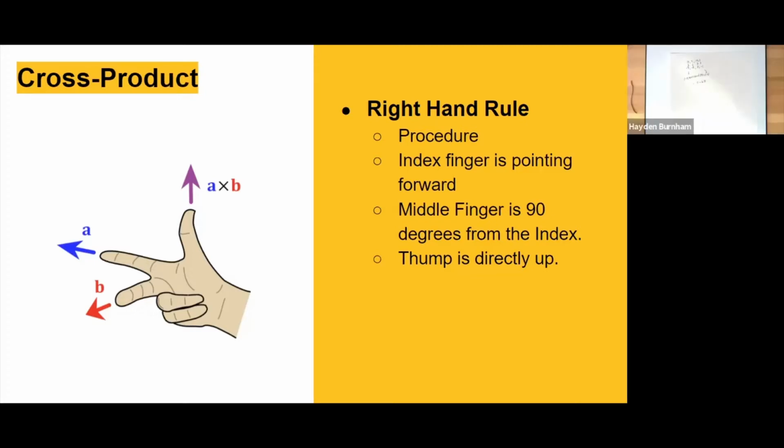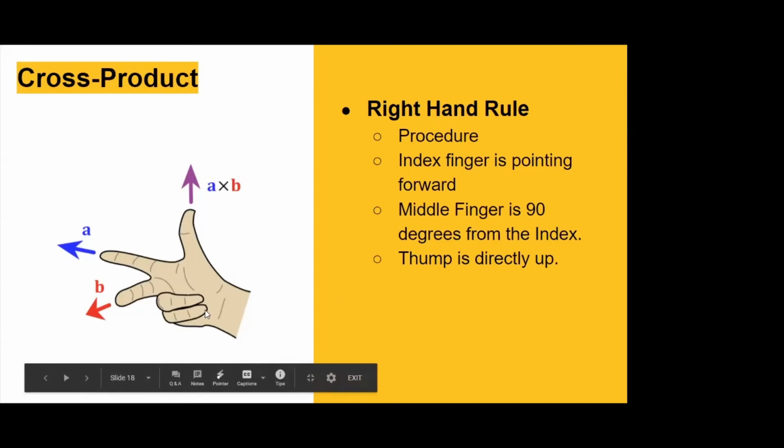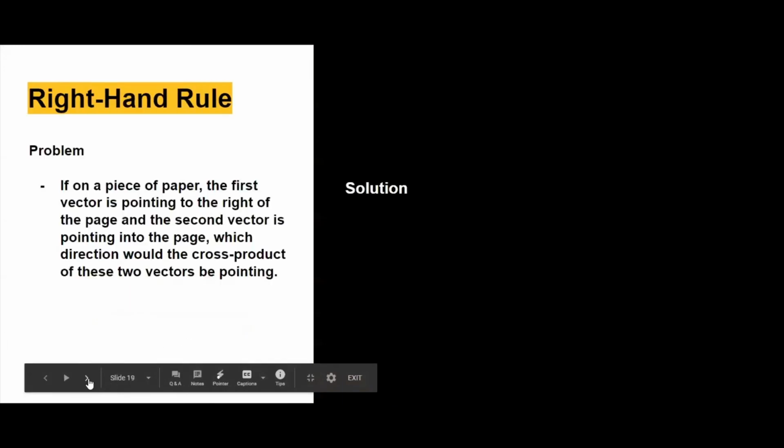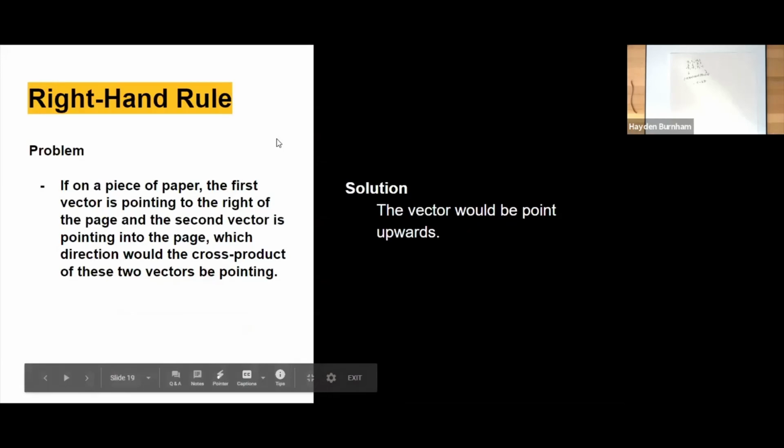Oh, no problems. There is something called the left-hand rule, which you should use for like if you have a negative value. But I would not recommend doing it. It just makes everything way more confusing. Okay. But yeah, it would be upwards. Okay.